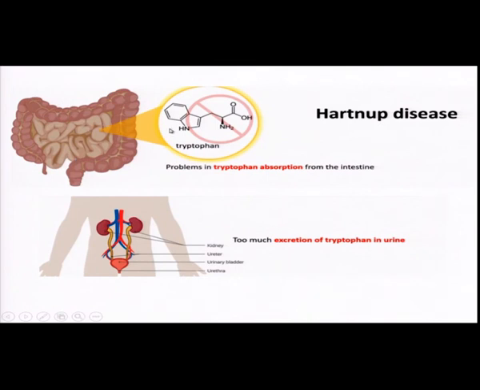So, the co-transporter system which helps in the transport of tryptophan and other amino acids across the gastrointestinal tract from the small intestines for absorption is hampered. So, no tryptophan goes across. Not only that, it is more interesting to note the same transporter mechanism associated with the same gene problem can also be seen in the kidneys, where kidneys have a provision to reabsorb amino acids like tryptophan. So, you see none of the tryptophan from the dietary source goes inside, and at the same time whatever tryptophan is already there in circulation